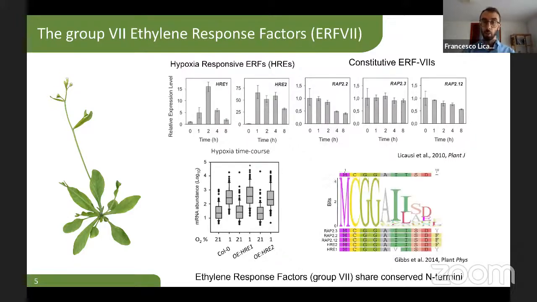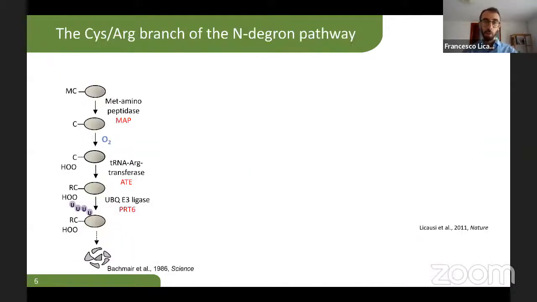Altogether, all 5 members share very conserved N-termini that contain a cysteine in the second position. And this turned out to be crucial to understand why I could not see much of an effect. Having a cysteine in the second position is typically unfavored for plant proteins and animal proteins.